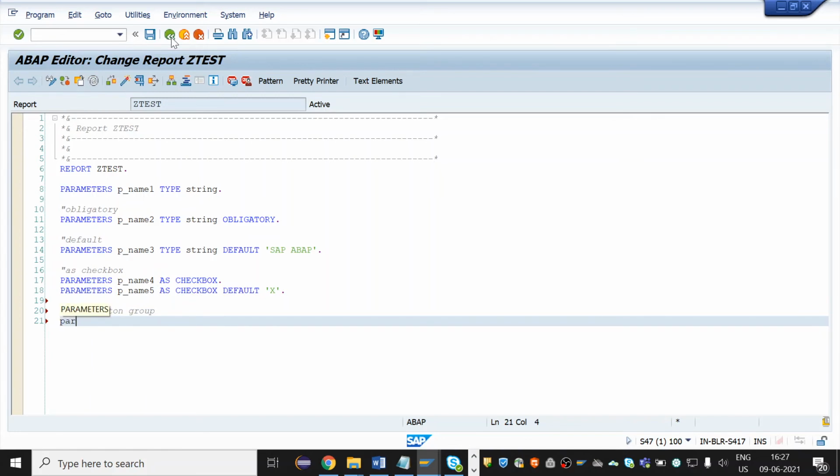Okay, parameters p underscore, since it's a radio button, as per the naming convention, it needs to start with RB. Variable name needs to start with RB. Okay, name 1 radio button group. We need to mention the group ID, which is the identifier. ID is the identifier of a group. The variables which are given the identifier as ID will be taken as another group. ID can be anything like ID1, ID2, whatever as per your wish. The first I'm making as default, X. Okay,